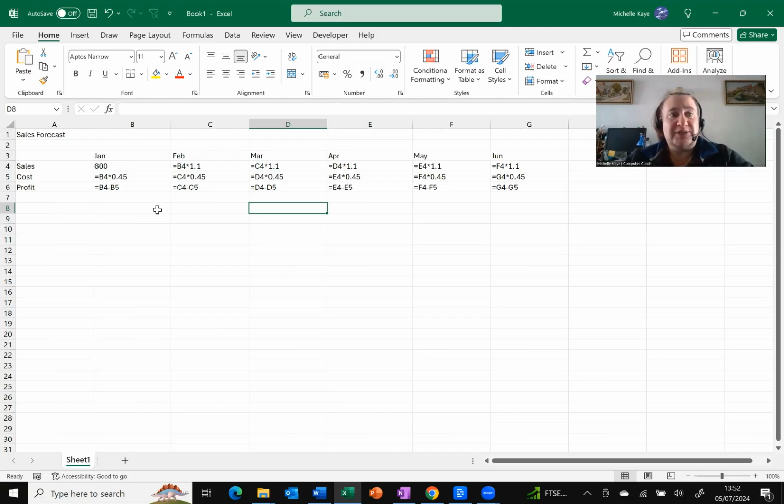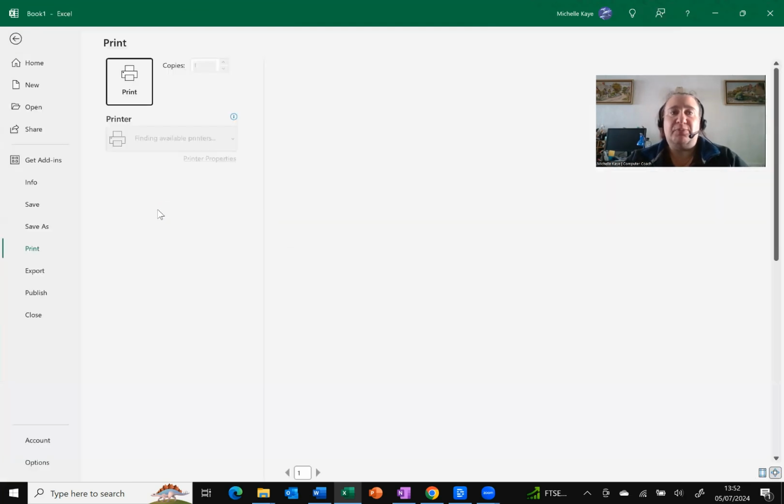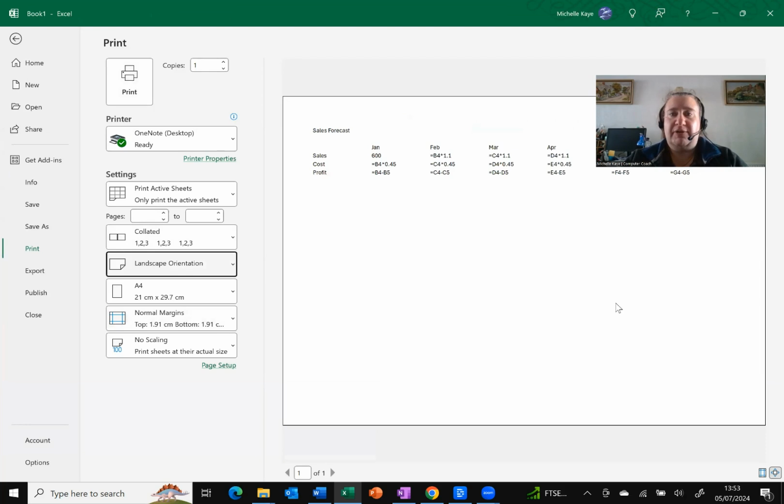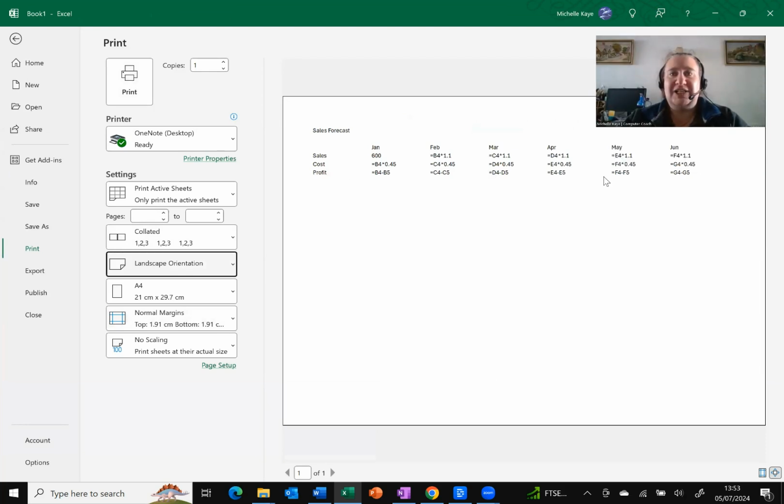and it immediately switches it to show you the formulas that have been typed in. What's really useful is you can now hit print, and if I do Control P for print, you can see it is actually showing me that. Let me change that to be landscape, just so you can see that a bit clearer. But you can see it will print out not just the answers, but exactly what's on the screen